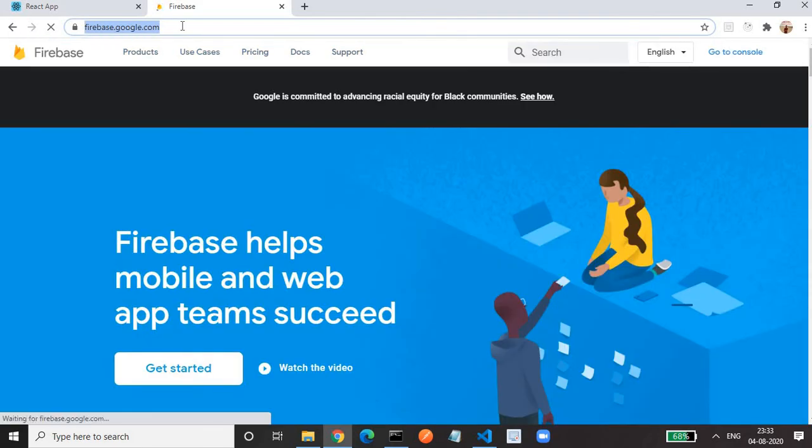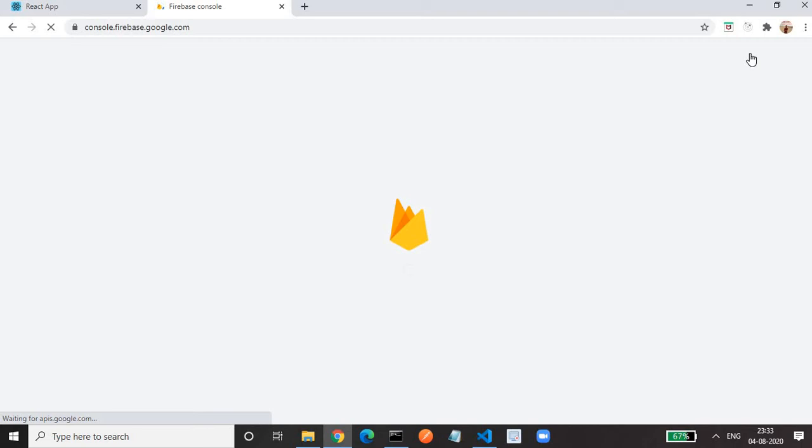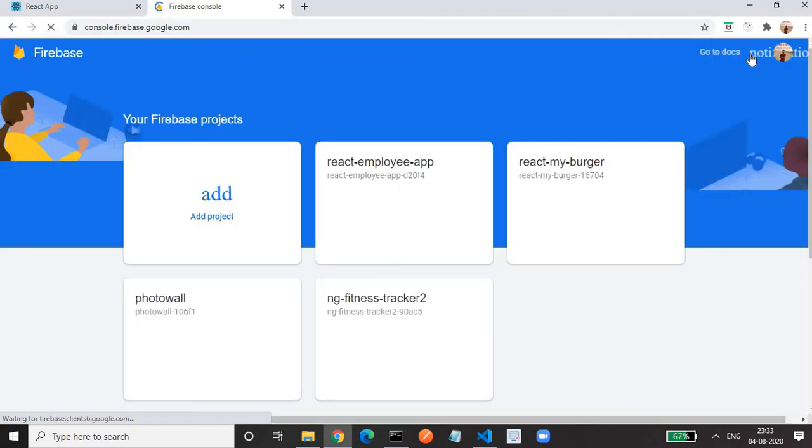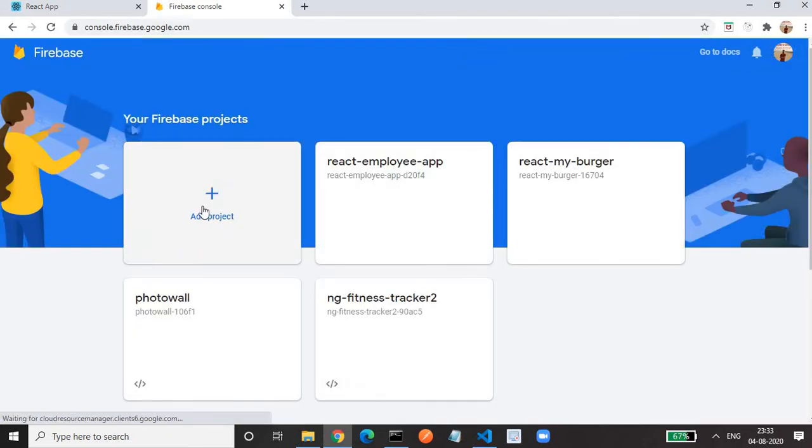Okay, it is taking some time. So in Firebase, you have to first sign in. Once you sign in, you get your image or icon. After that, you have to click on go to console.